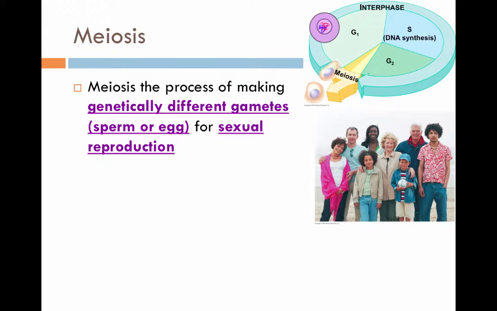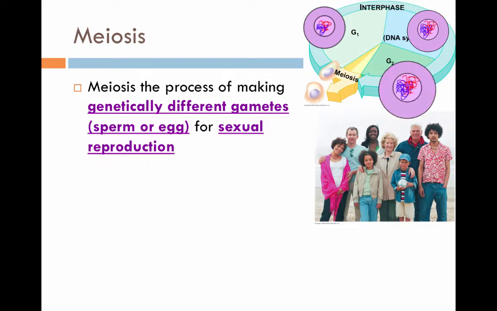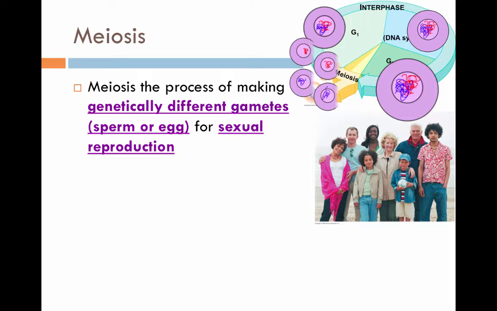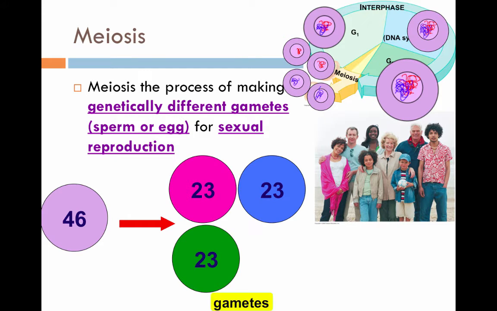meiosis. Just like mitosis, in meiosis, cells first go through G1, S, and G2 phase of interphase. Then when it's ready to divide, instead of just dividing in half, it actually divides in half again, producing 4 cells, which are all different. In humans, this means if you start with 46 chromosomes in one of your cells, after meiosis, your gametes, which are sperm and egg cells, will have 23 chromosomes in each of your cells, and each one of these cells